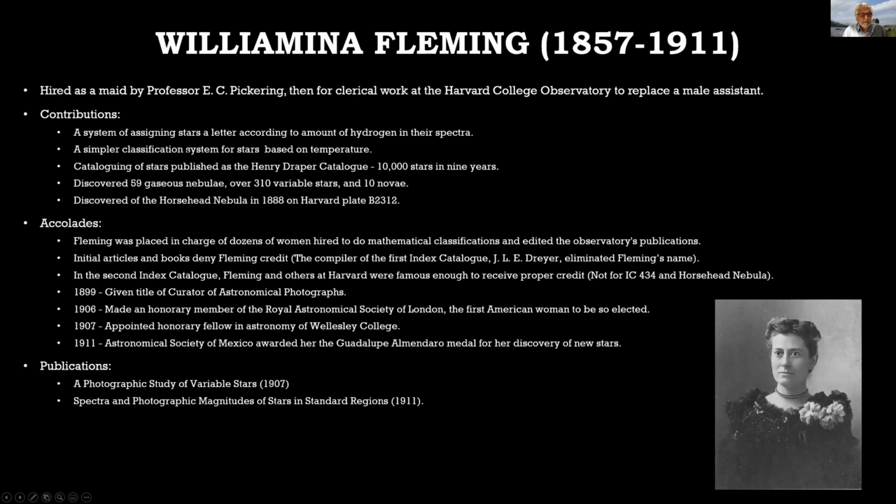She came up with the scheme to assign stars the letters that we use now. She developed a classification system of stars based on temperature, and cataloged about 10,000 stars in 9 years. She discovered 86 nebulae, a lot of novas and variable stars, and discovered the Horsehead Nebula as well, in addition to Pickering's Triangle. And like other ladies working at that time, they didn't get credit initially,